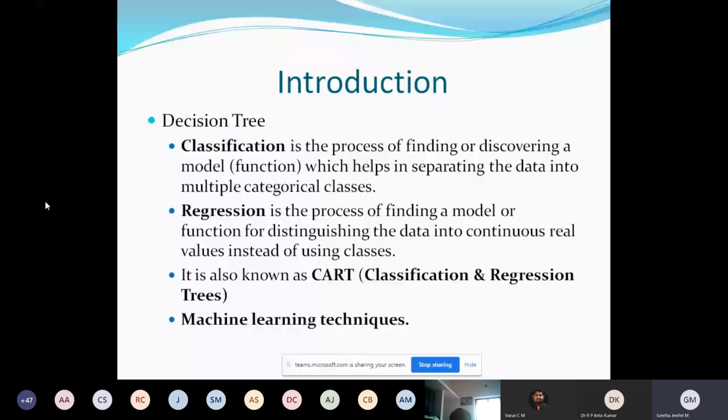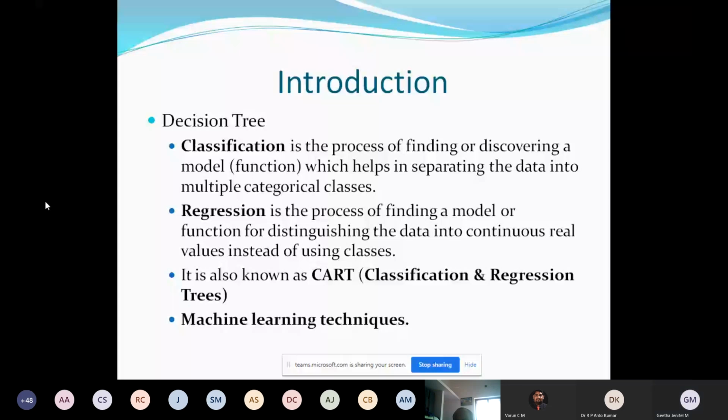Here classification means the process of finding or discovering a model that helps separate the data into multiple categorical classes. That means one data set is given, and in that data set the response variable is a categorical one. That means either yes or no, or red or gray, or male or female, like that. So if the data set has a categorical response variable, that process comes under